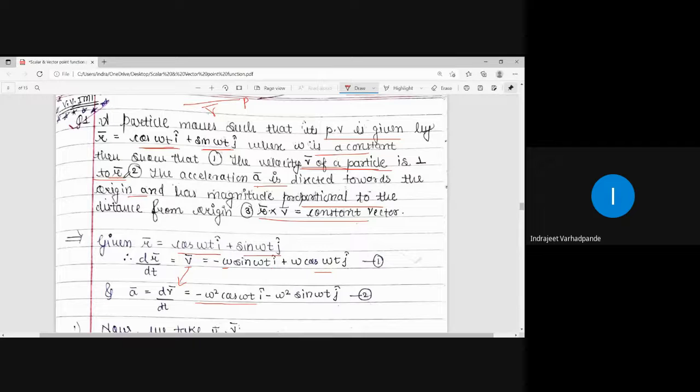Now, firstly, whenever I have to show that velocity for a given particle is perpendicular to r bar, we have discussed in dot product that if the scalar product or the dot product comes out to be 0, then we say that they are perpendicular to each other, because cos 90 is 0 and a bar dot b bar is ab cos theta. So whenever we are able to show that the dot product is 0, that means the angle between the two vectors is 90 degrees, meaning they are perpendicular to each other. So whenever we have to show that it is perpendicular, we try to calculate the dot product.